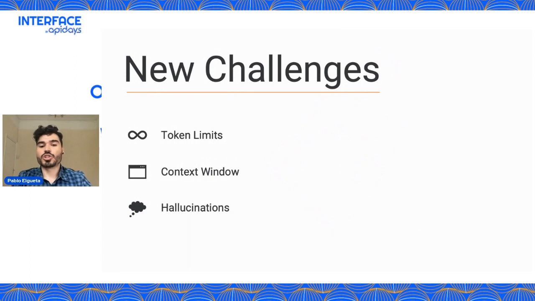Secondly, we have the term context window. So the context window is basically the amount of data that an LLM can ingest per call, or kind of the attention span of the model. Models like GPT-4 have a limit of around 8,000 tokens, while others like Anthropic's Claude can reach 100,000. That's a whole book, basically. So it's a lot, but still in practice they are limited, and you need to take that into consideration when